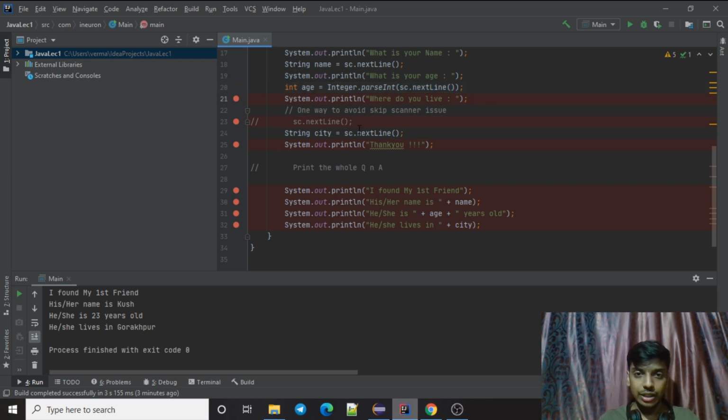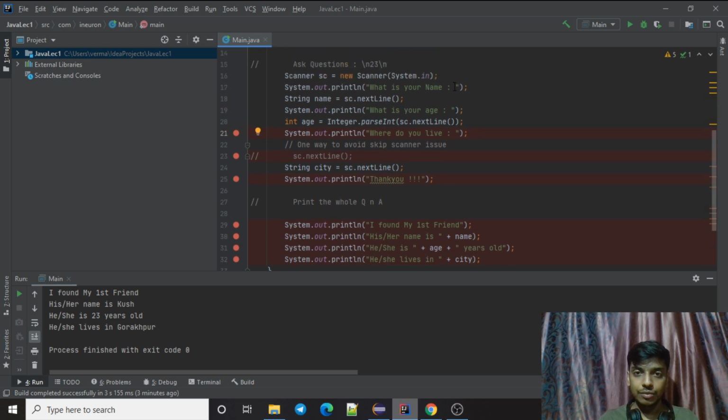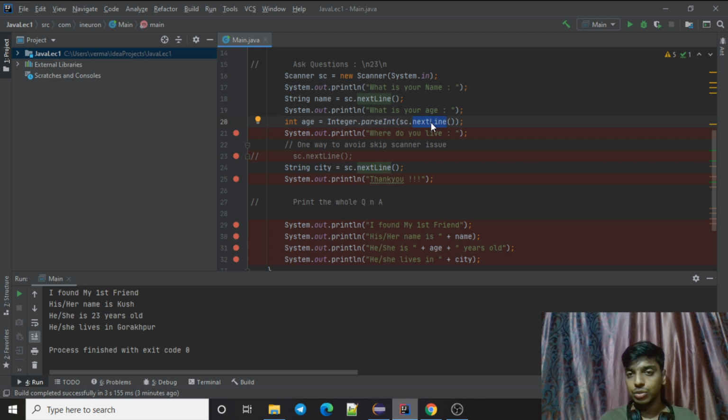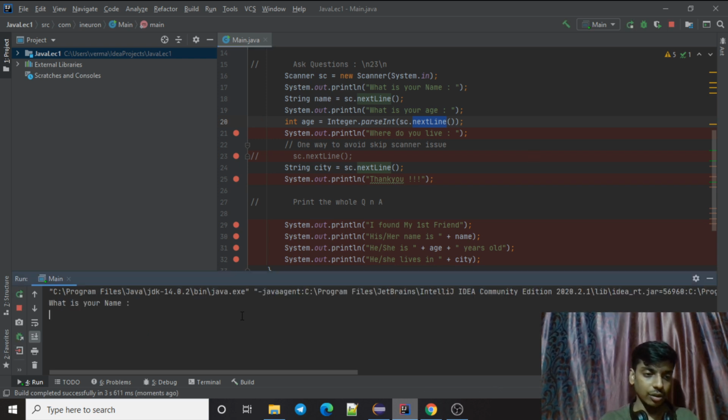If we use this, because we are using nextLine, every time our cursor will be advanced to the new line, so the issue will never come. So just to avoid the issue, you can use this way also. Say age is 23. This will be read as a string, not as a number. 23 will come as a string. Then it will be converted to an integer by Integer.parseInt, and then assigned to age.